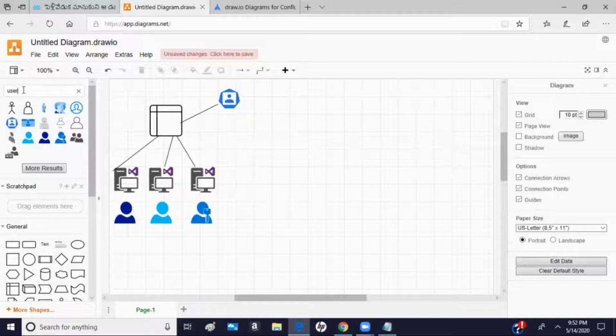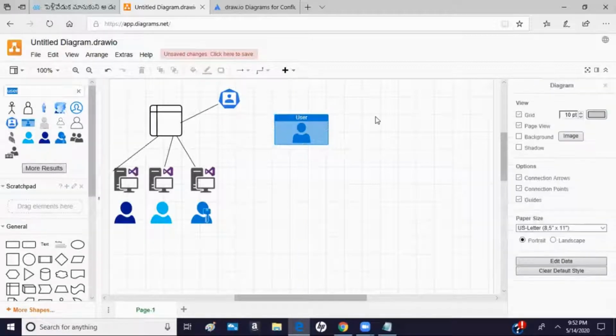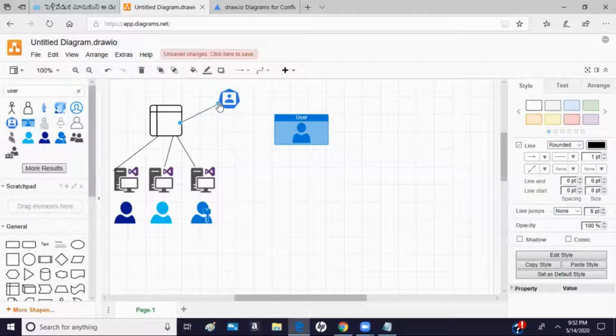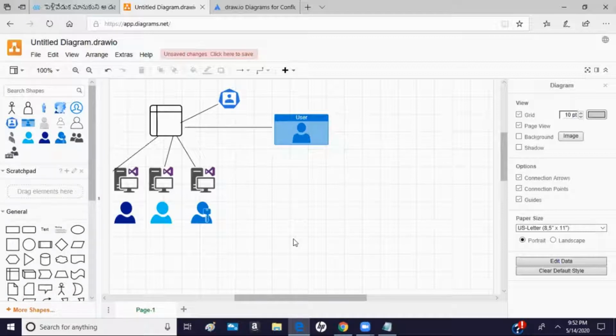If everything is perfect, then they compile the code, build the artifact, and hand it over to the tester. So I assume this is going to be my tester. The tester pulls the code from here and tests that code. If everything is perfect, then they deploy it in an environment, for example Azure, or we call it an Azure app.